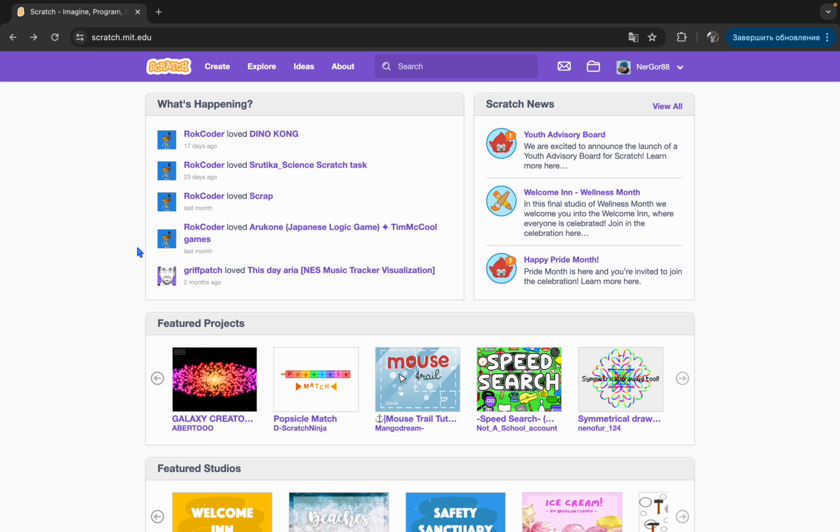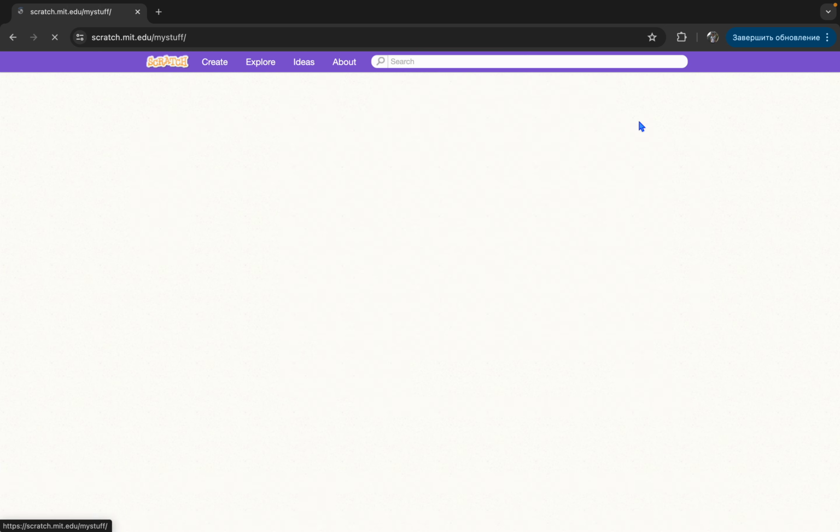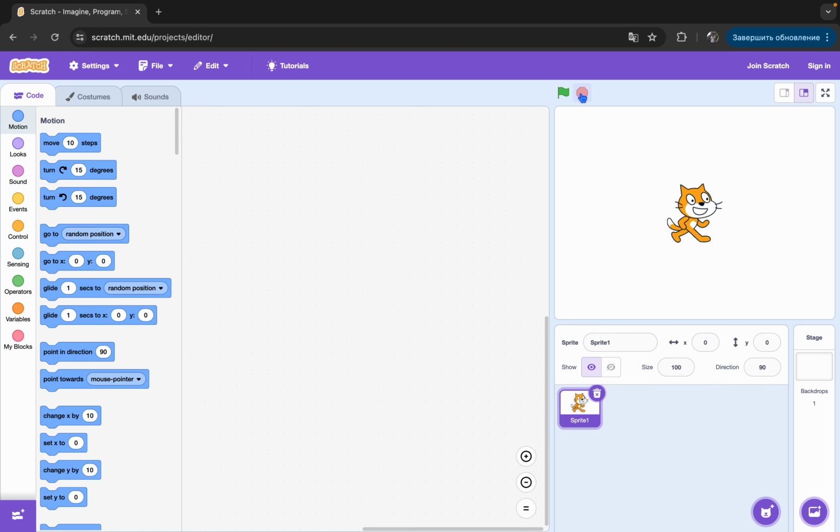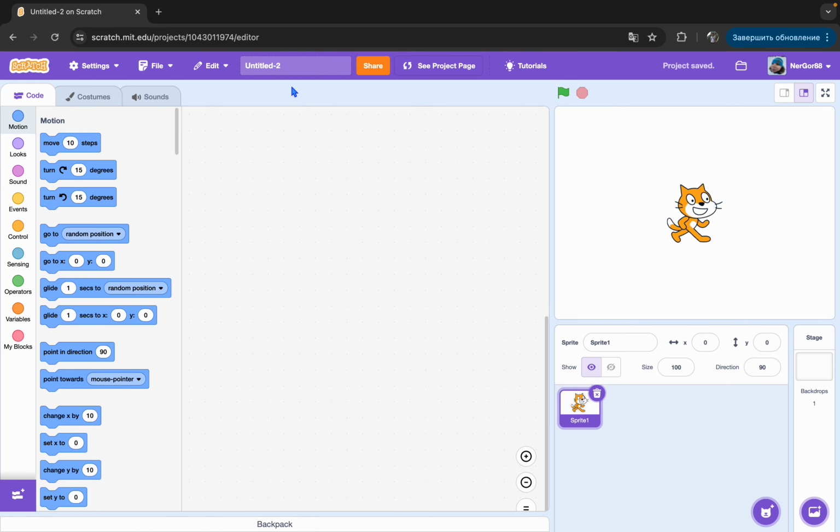So you're gonna register by clicking the Join Scratch button somewhere over here. It should appear. I don't have it because I'm registered. Then you enter your data like username, country, and some other information, and you click over here on My Stuff. Once you are registered, wait till it loads and make a new project. Wait till it creates it, and we are going to name this Five Nights at